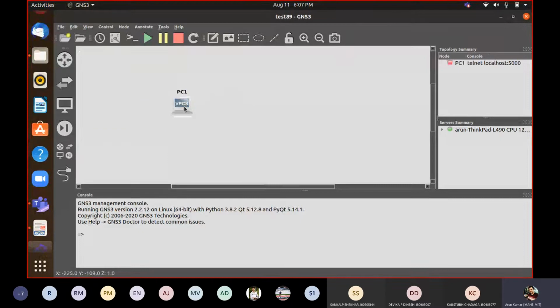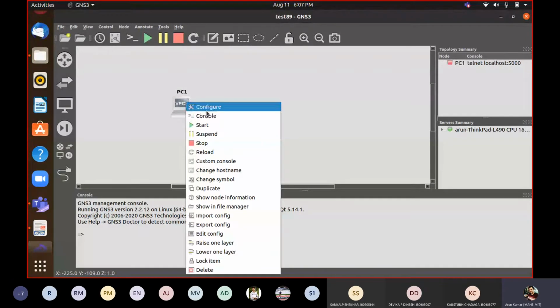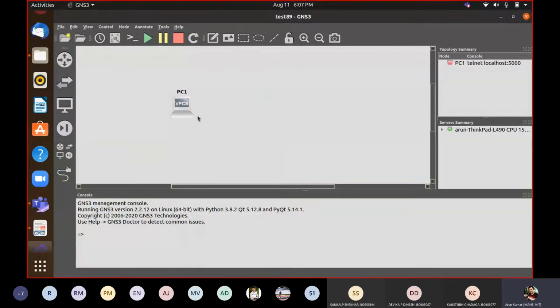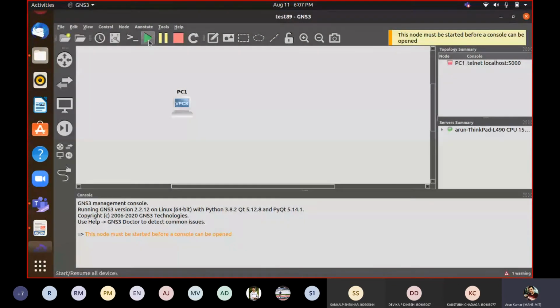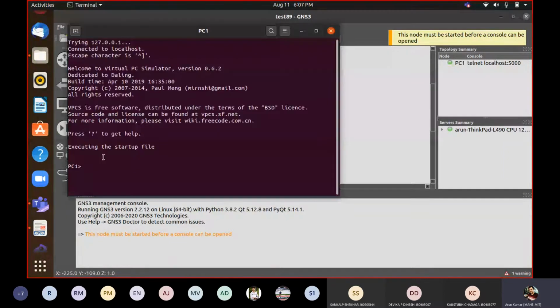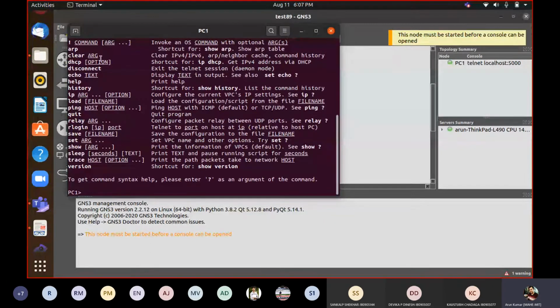It facilitates drag and drop. We will open its console; it must be started. We will start it first and then open it. If you type the question mark, it will show you all the commands you can use: ARP command, clear command, DHCP command, disconnect, echo, help, history, IP.